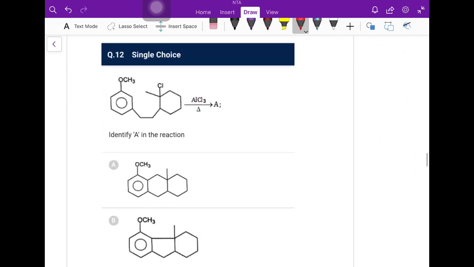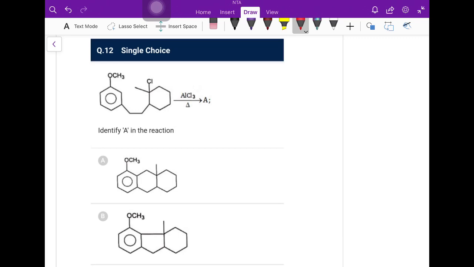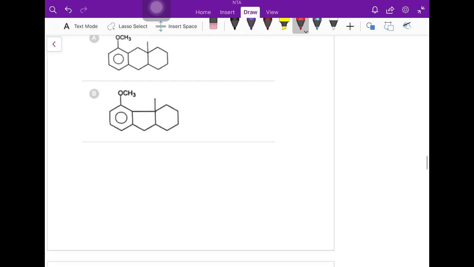Moving on to the next question, question number 12. OCH3, AlCl3 is present. So this Cl will first form a bond with AlCl3, and then this will depart and it will form a carbocation here. So this will be OCH3, and a carbocation will be formed here, and this carbocation will be attacked by this bond here. Actually this can also be attacked by this position if you rotate this, but in the options they have